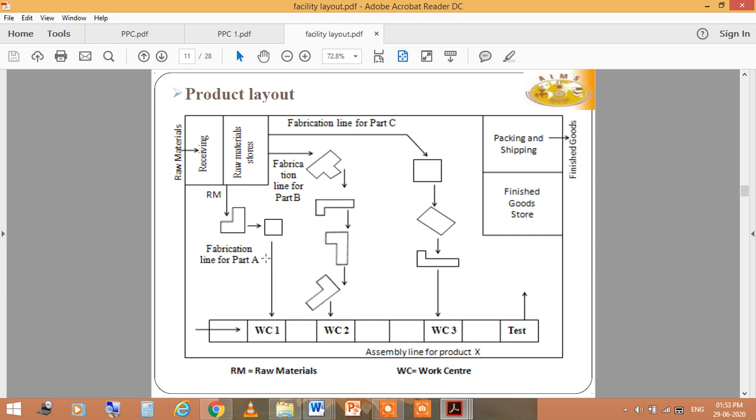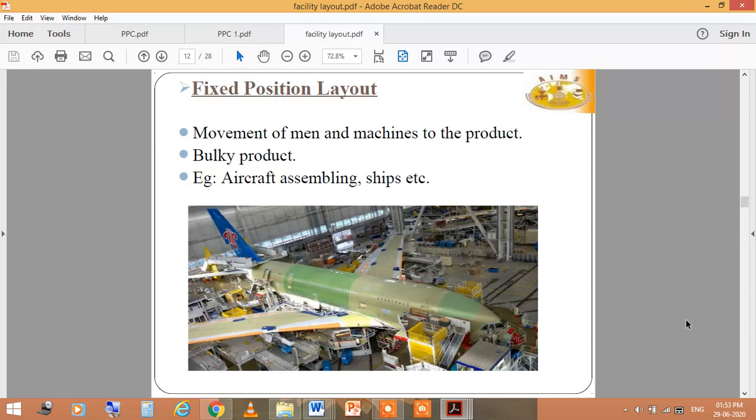Fabrication line of part A works on WC1, part B works on WC2, and C on WC3. These are the three workstation centers. After this come test, packing and shipping, and finished goods stores, where we keep the finished goods. So this is the product layout.